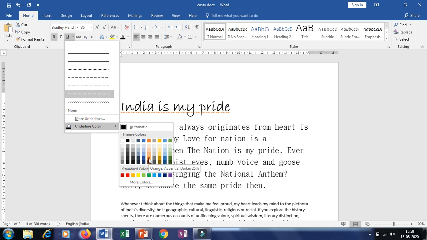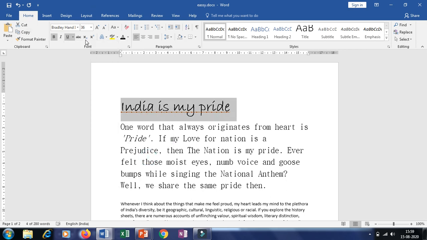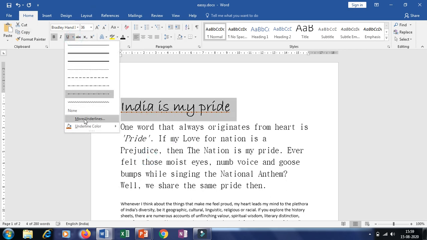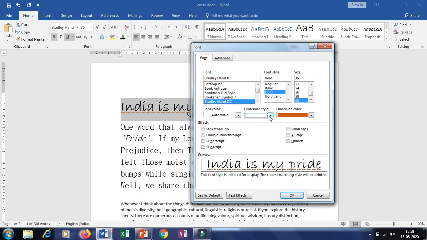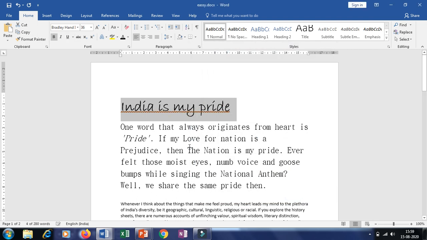We'll choose orange. When you click on more underlines, you have lots more than that. Here I'll select this one. You can see the preview also over here. Then you can see the underline is there, and I have changed the color also to orange.